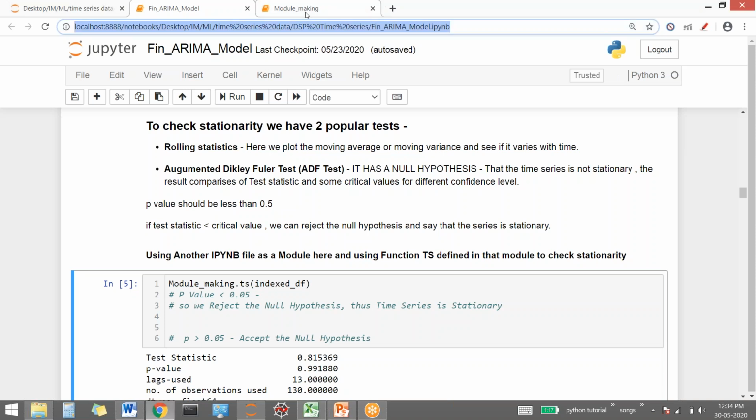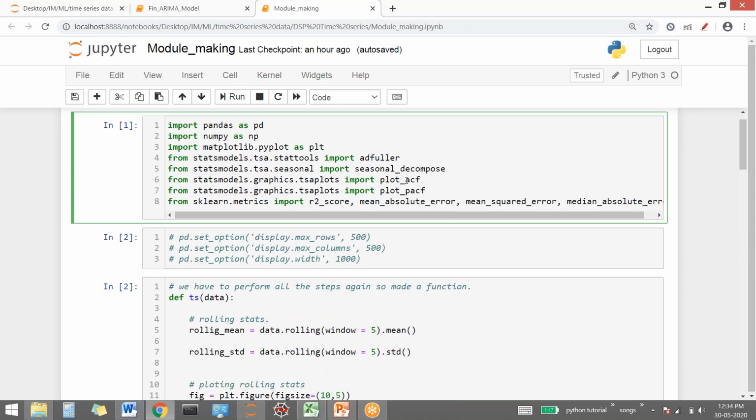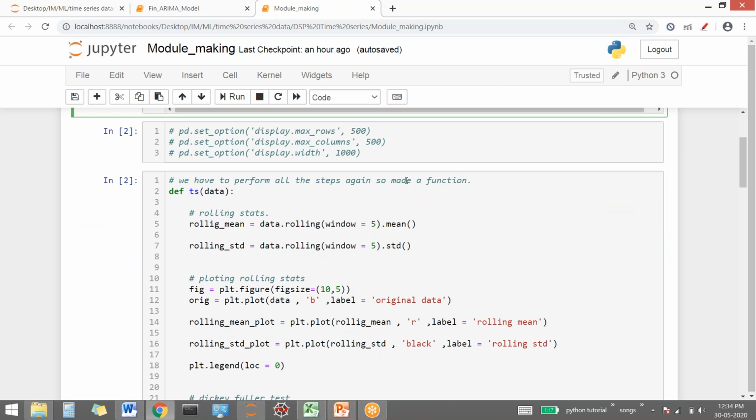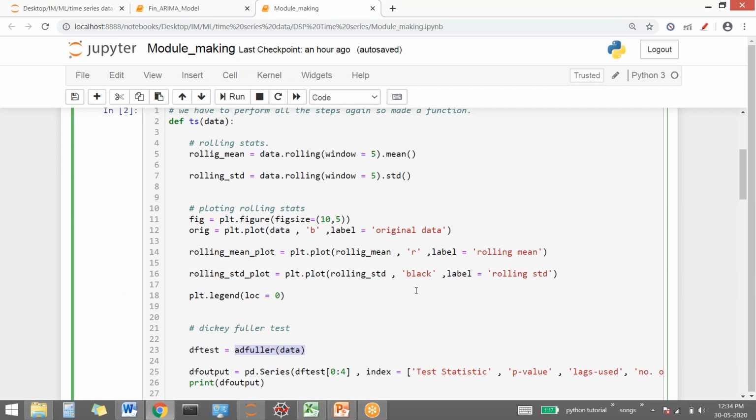So these are the necessary libraries which I've used: NumPy, Pandas, Matplotlib. So AD-Fuller test is a Dickey-Fuller test, and we import it using from this stats model library. इसमें we have TSA, that is time series analysis, then stats tool, and उसमें से we import AD-Fuller test for using Dickey-Fuller. So Dickey-Fuller test को हम AD-Fuller, you see here, here. So Dickey-Fuller test, AD-Fuller test, one and the same thing. Augmented Dickey-Fuller. AD is augmented Dickey-Fuller test, but we generally call it Dickey-Fuller test. So this is the import for Dickey-Fuller test.